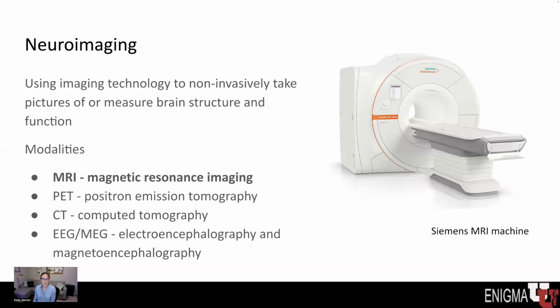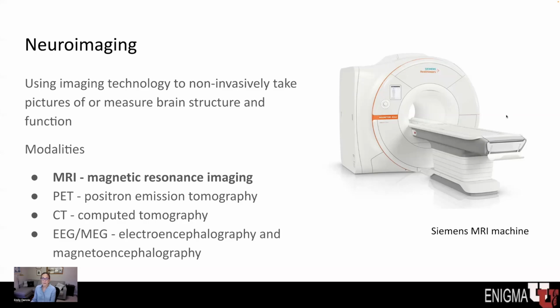So what is neuroimaging? Neuroimaging is using imaging technology to non-invasively take pictures of or measure brain structure and function. There are multiple types of neuroimaging that you can do. Magnetic resonance imaging, or MRI, is the main one that we're going to talk about, but it's not the only one. There's also PET imaging, positron emission tomography, CT imaging, computed tomography, and all of those machines, PET and CT,